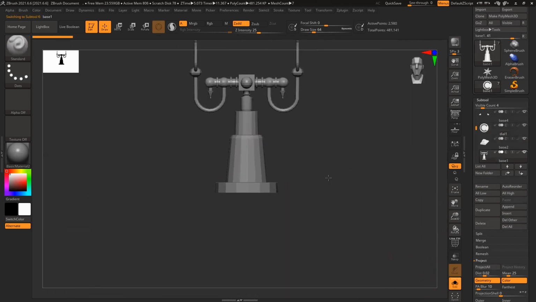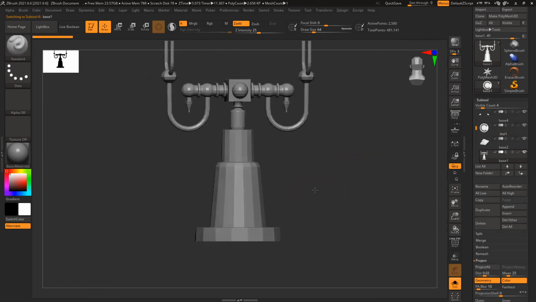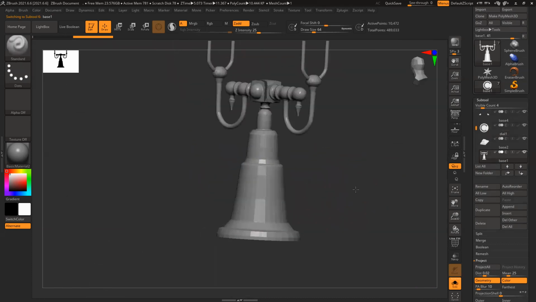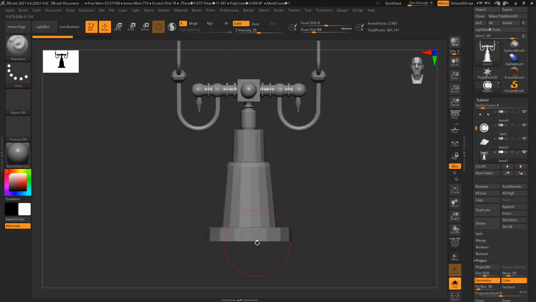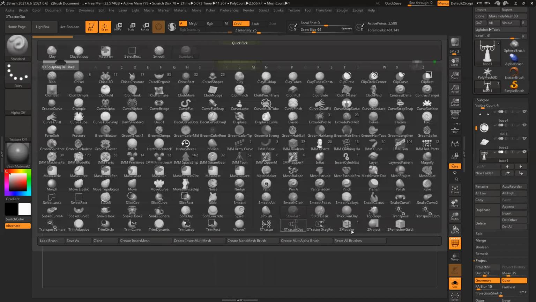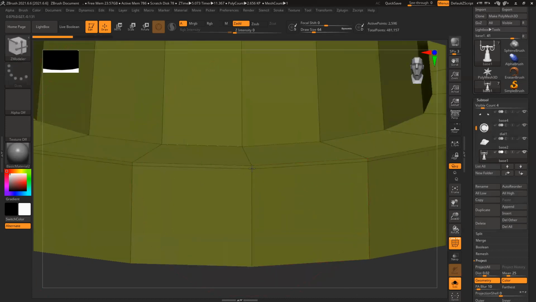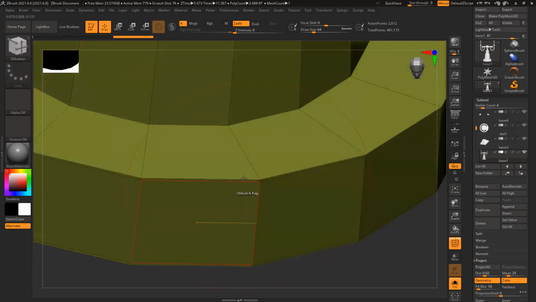Suppose this part, I want to create something here. So the easiest way will be, if I Control D, you can see this shape, this thing reduces. So Shift F, ZModeler, add loops to hold the shape.